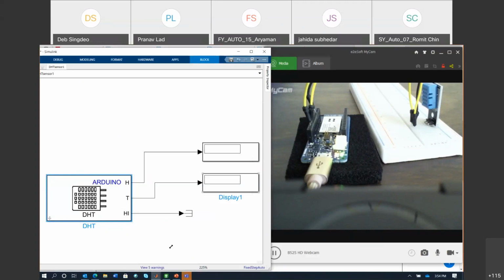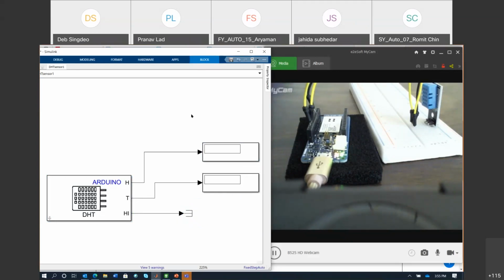So I will just do OK, and I have a couple of display blocks, one connected to the port called humidity, and one connected to the pin called temperature. Okay, so this is all that is there. Also, there is another parameter for which I can get a value, the heat index. Heat index is nothing but the multiplication of humidity and temperature. If I don't want to see its value, I can put in a terminator here so that I don't need to display the values. So I have terminated it.